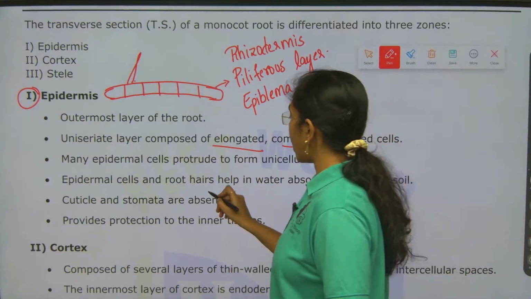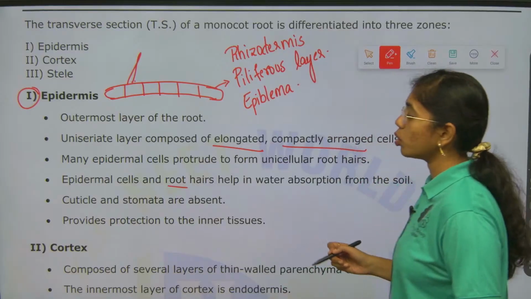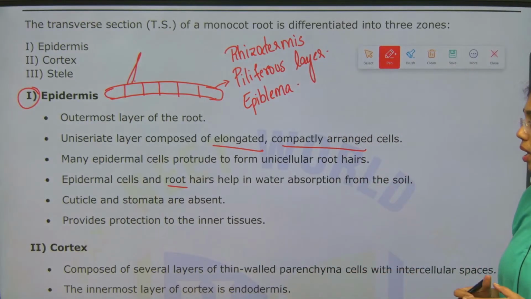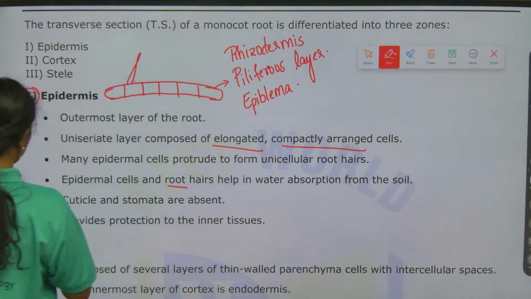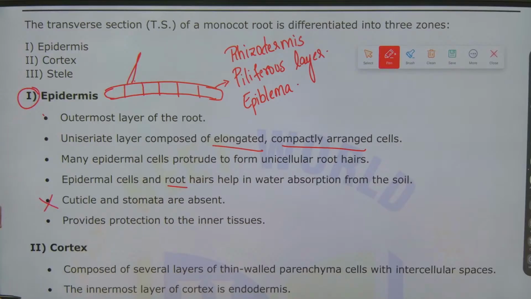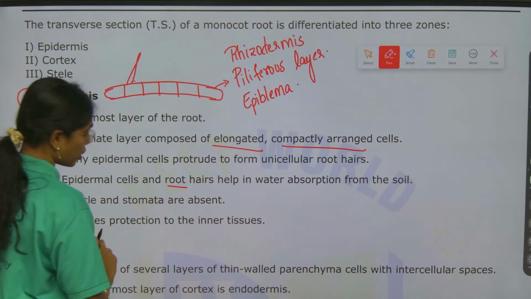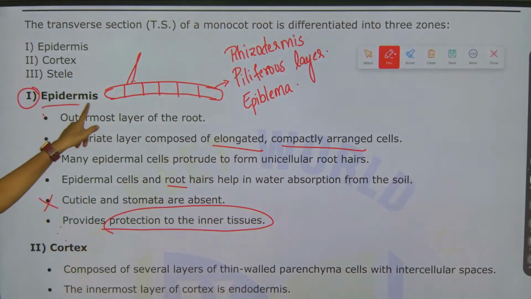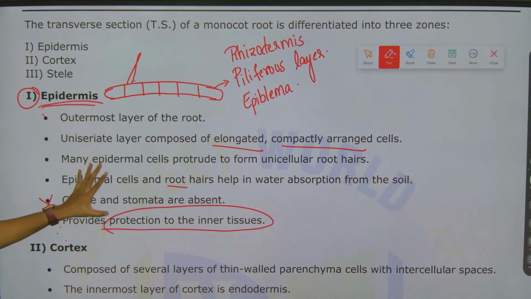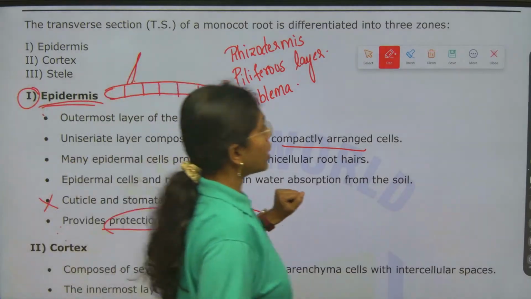Epidermal cells and root hairs help in both water absorption and mineral absorption from soil. Cuticle and stomata are completely absent here, okay. Cuticle and stomata are absent in the epidermis. This provides protection to the inner tissues, okay. The epidermis layer will provide protection to the inner tissues. Next you see